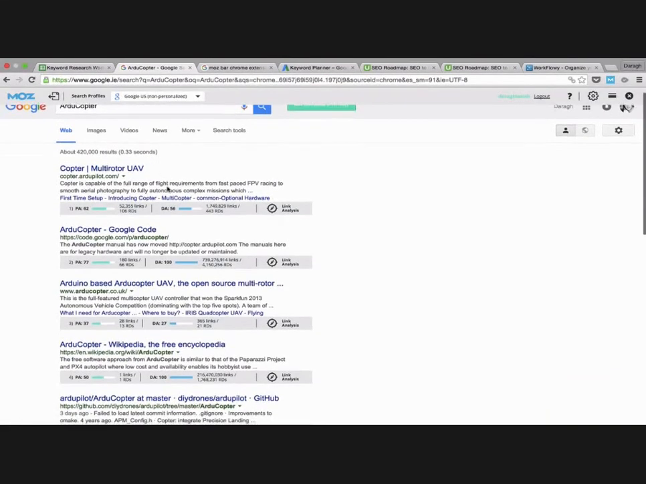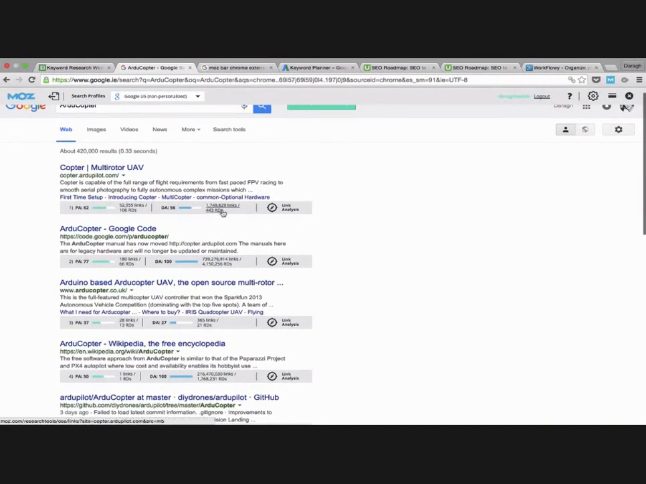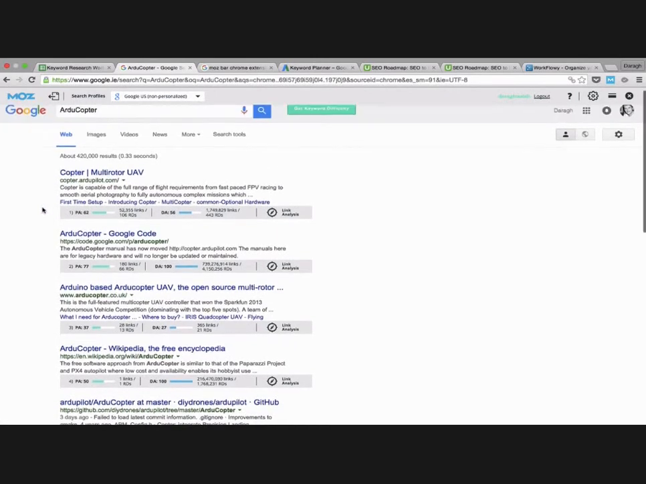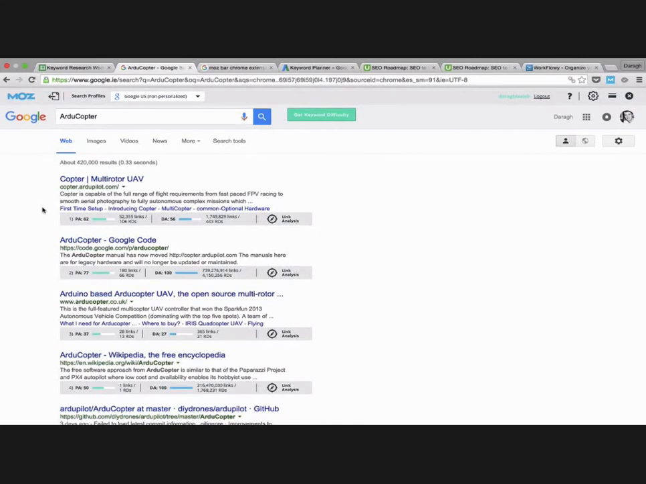Now it should pop up with this little toolbar underneath that gives us some information that can help us decide, is this keyword too competitive or can we rank for it? So to assess if we can really get to the top of the search results, the main metric